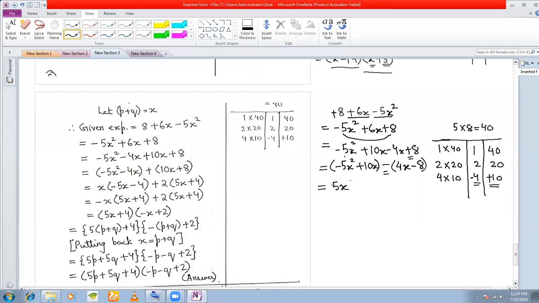5x, let's say. Yes. I'm left with minus x plus 2 and minus HCF of 4 and 8 is 4, x minus 2. Okay. Now see, the problem here is that we are not getting the factors, isn't it? We are getting minus x plus 2 and we are getting x minus 2. But what you see is that plus x is here, I have a minus x here. Okay. I have a minus 2 here and I have a plus 2 here.